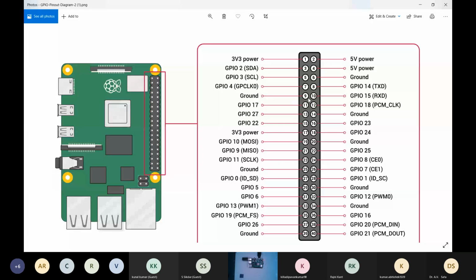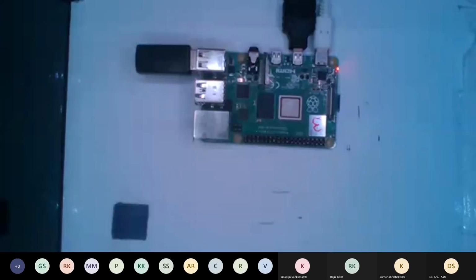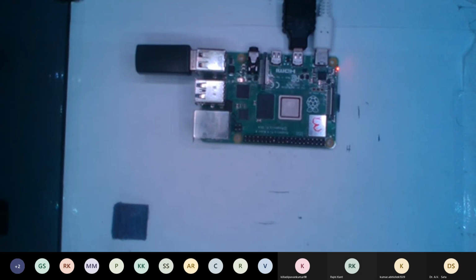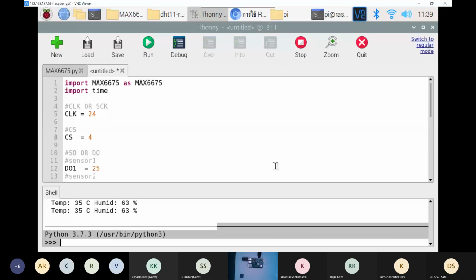So we'll define CLK as pin number 2, CS as 3, and DO as pin number 4.